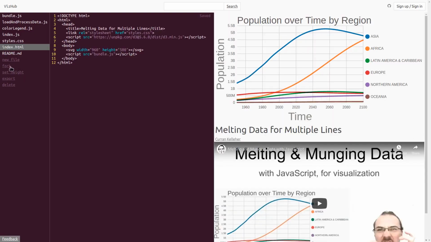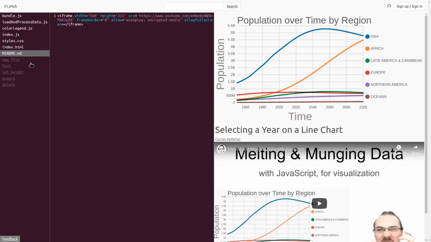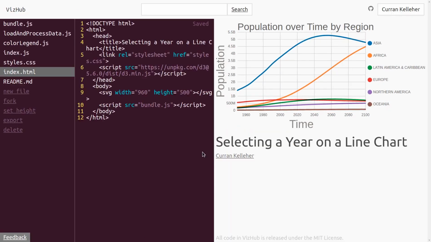I'm going to start by forking this visualization, and I'll rename it to Selecting a Year on a Line Chart. And I think I'll get rid of this old README. I think I'll start by introducing the concept of the currently selected year. When I look at this, I wonder where is right now. So I'm going to add a vertical line for 2018. So that's our goal here, is to add a vertical line, and that will be positioned based on the currently